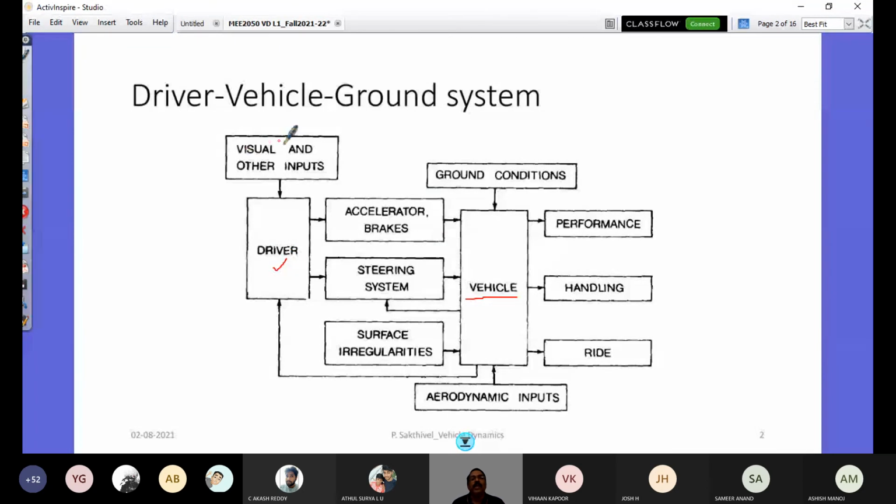So you have a visual aid and other inputs like the indicators in your vehicle. They are called a safety system in your vehicle. So you start your vehicle, and you see an indication that you have not yet put on your seat belt. So those are also inputs that come to the driver. So visual and other inputs like a vehicle system, an intelligent system. So the driver is very much alerted and he is driving the vehicle by giving such an input.